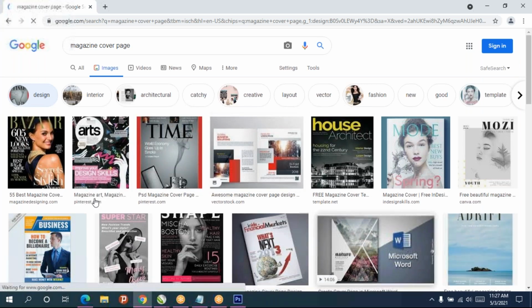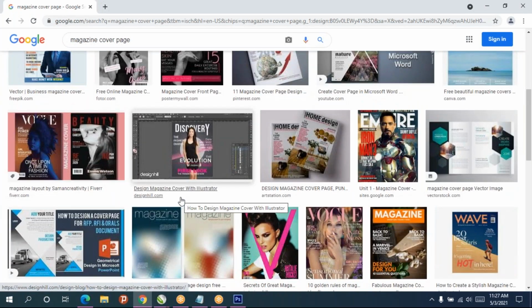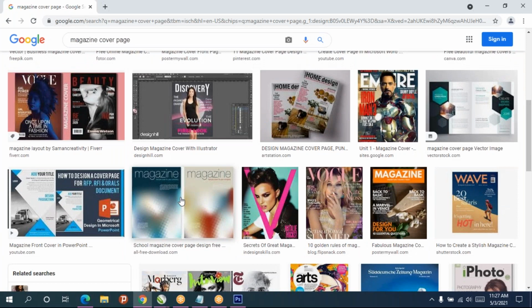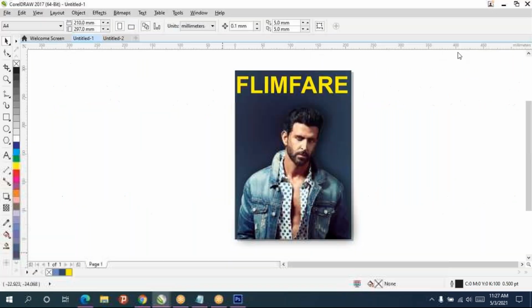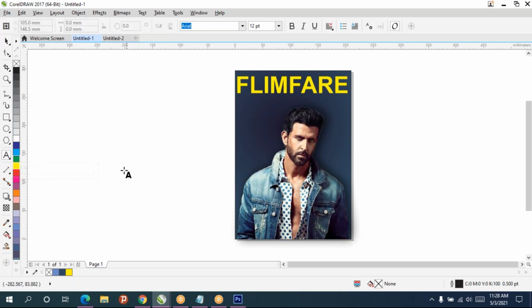So lots of things are there. The only thing is you have to type the text and arrange it. Then just type the text, whatever text you want.